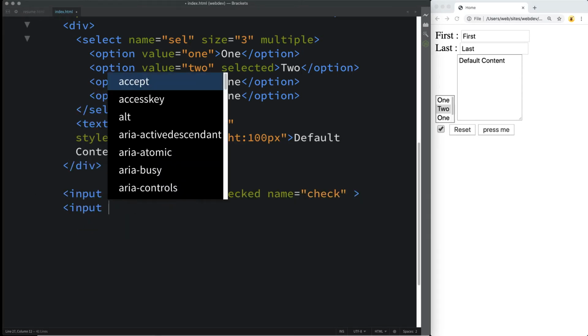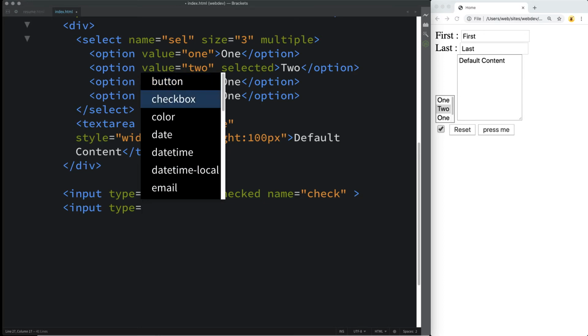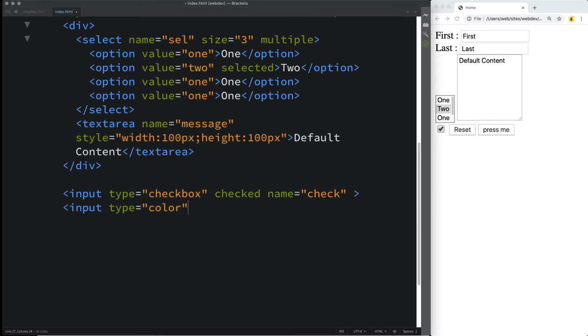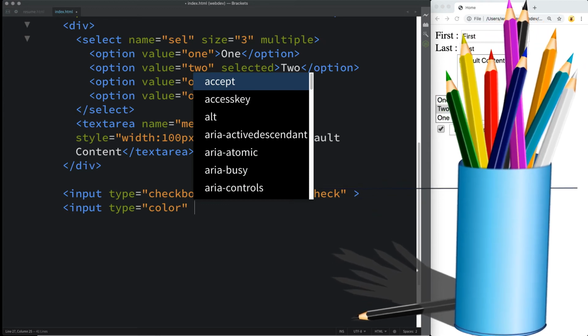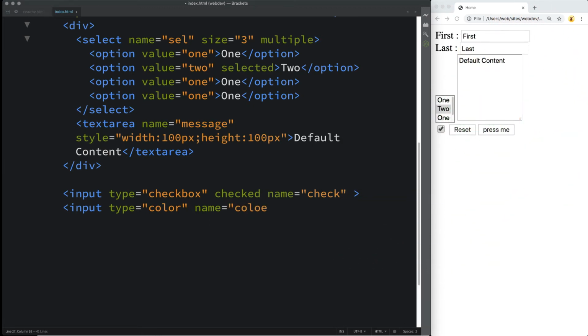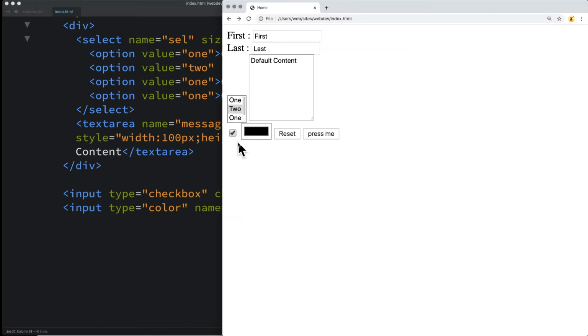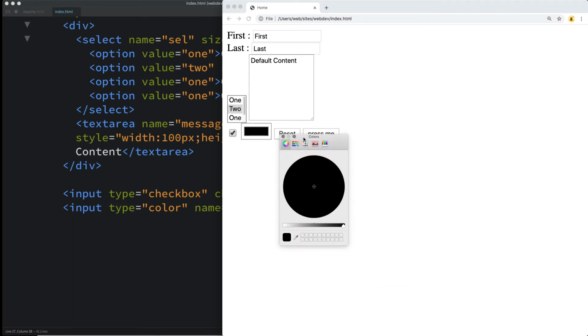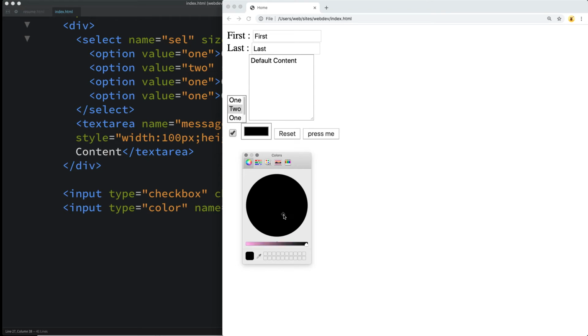There's also some really neat ones with HTML5 where we've got one called color. So what color does is it allows us to select a color from the pop-up window. And let's give this a name. I'll just give it a name of color, so that when we pass the value within the string, within the web URL, we'll be able to see whatever value is selected. So selecting the color, you click it, it opens up this color picker option. And from there, you can select various colors. You can also use the eyedropper as well. So there's a lot of options here to select colors.